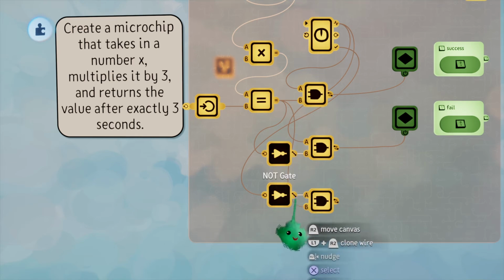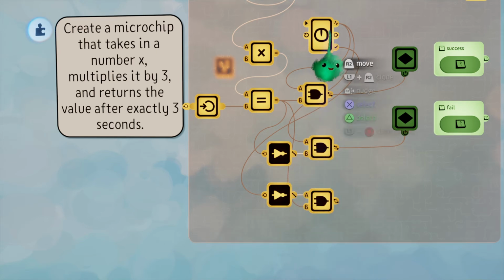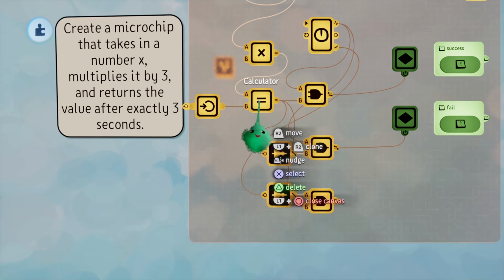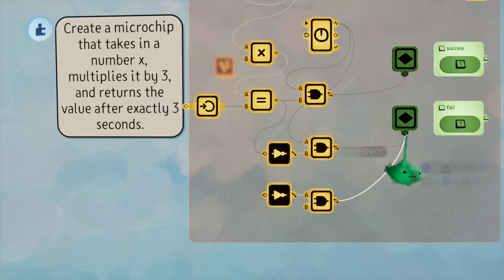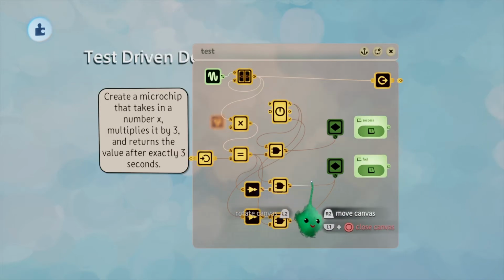So if this is ever true, meaning that the timer's not done and the number we're getting back from the chip is equal to what we're expecting, then that means we got it too soon, and that'd also be a failure case. So this may seem like a lot of work to do ahead of time, but